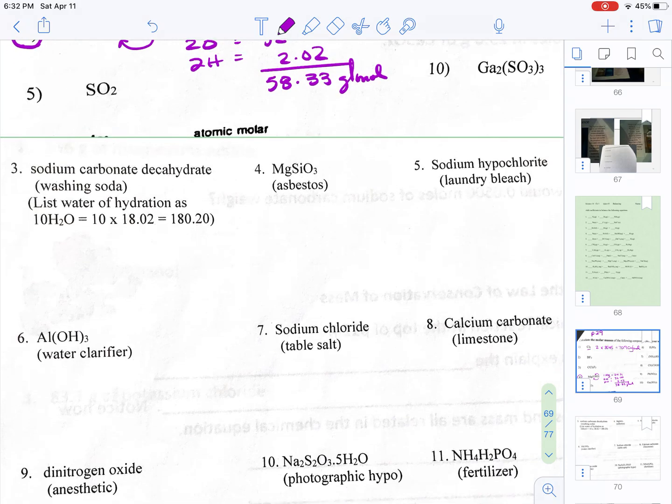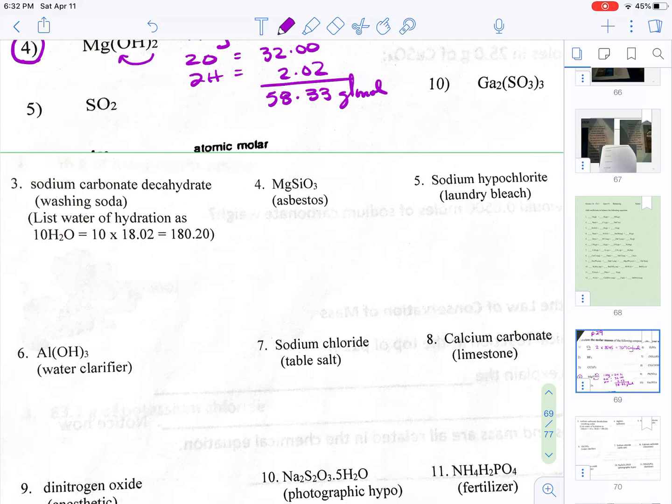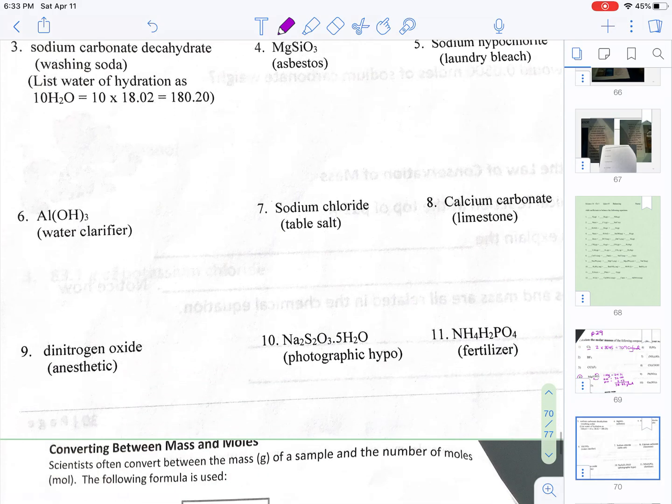I guess I can do sodium carbonate decahydrate with you as an example, and sodium carbonate, pardon me, is one we just did on the other page, so maybe I'll try a different one. I just realized that. Okay, how about we try the Na2S2O3.5H2O together, number 10. And for this one, we see there's 2 sodiums,